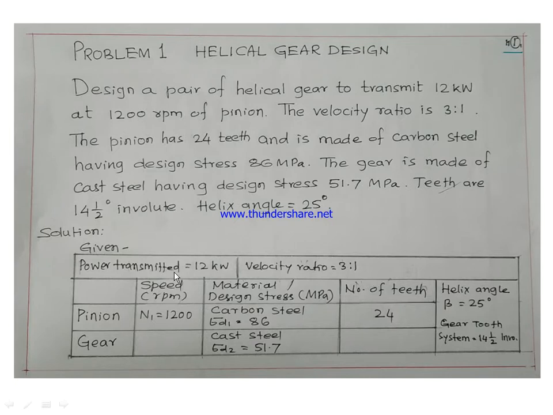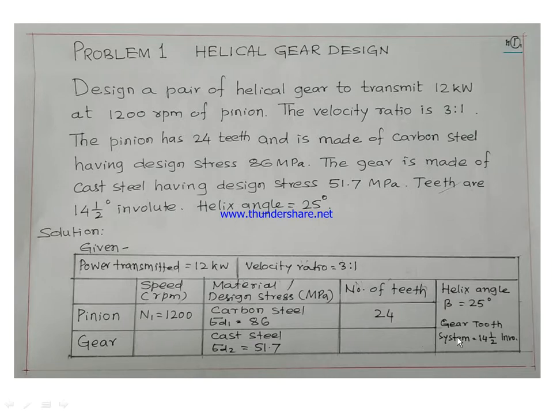Power to be transmitted is 12 kilowatt. Velocity ratio is 3:1. And pinion speed is 1200 rpm. Pinion material is carbon steel. Its design stress is 86 megapascal. Gear material is cast steel. Its design stress is 51.7 megapascal. Number of teeth on pinion is 24 and helix angle is 25 degree, beta, and helical gear tooth system